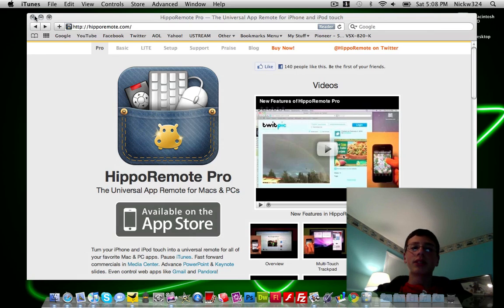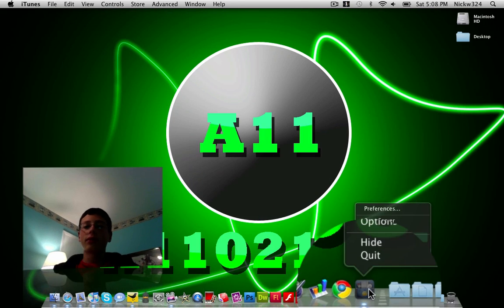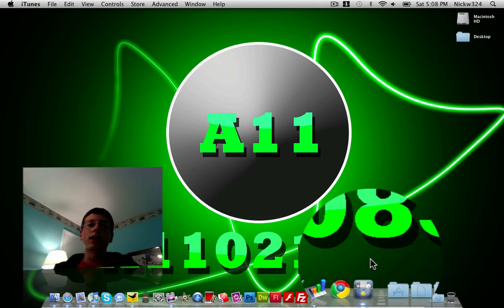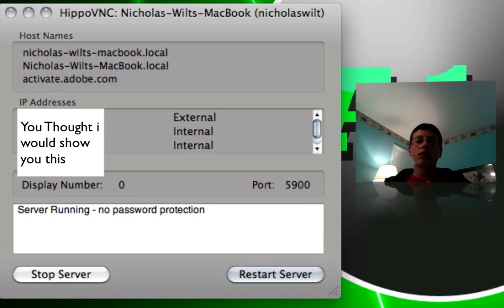Then make sure you have both of them installed, and you should have the Hippo Remote or Hippo VNC application on your computer, which I'm going to quit right now. Once that's done, open up Hippo VNC on your computer, which I have right here. I have the Mac version. Just open that up, and it should give you a window that